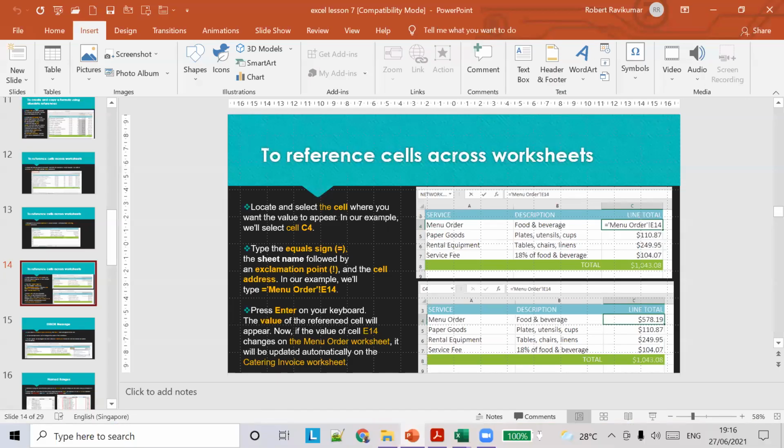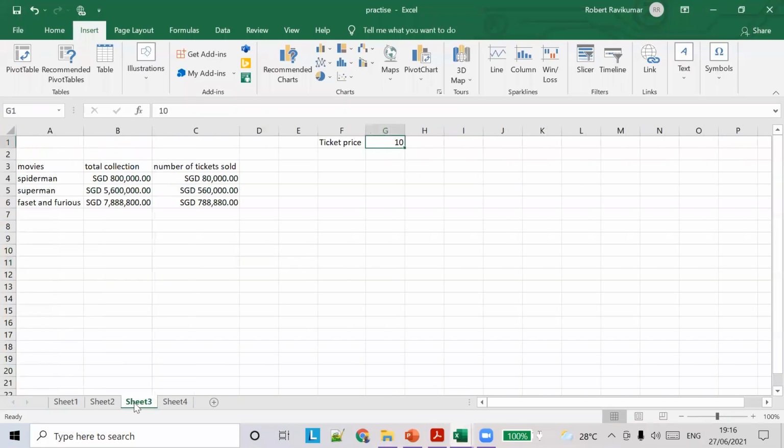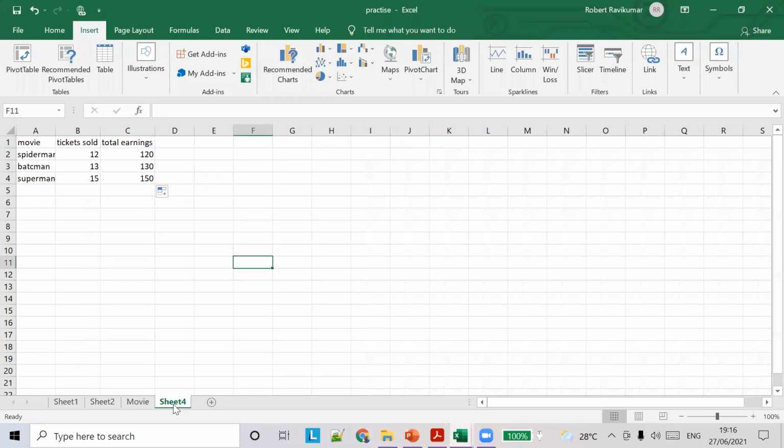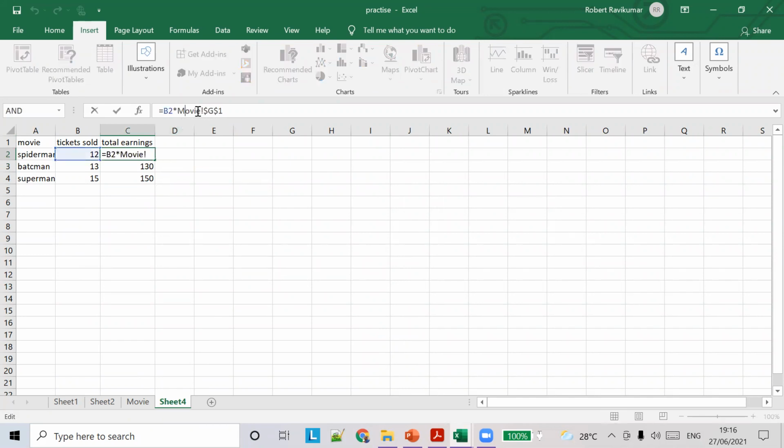So let's say I change the sheet name here. If I change it to movie, can someone tell me now? It automatically changed. We didn't have to change that; the sheet name was automatically changed by Excel.